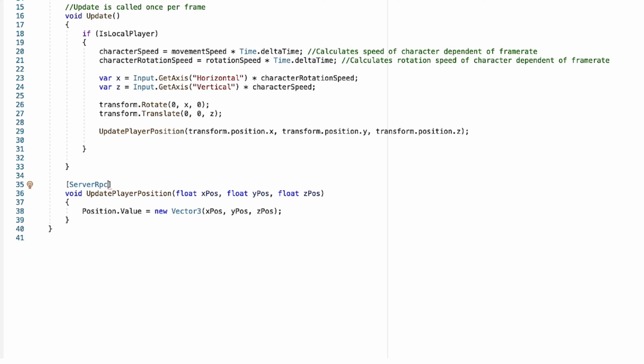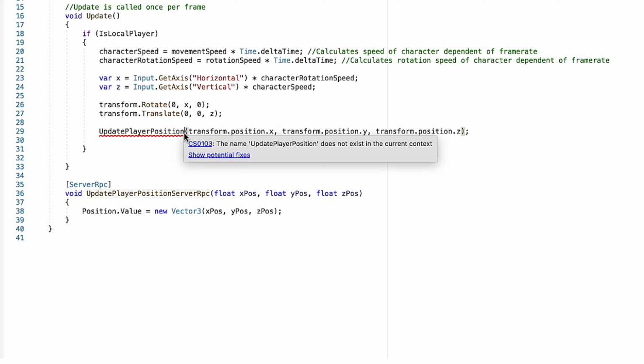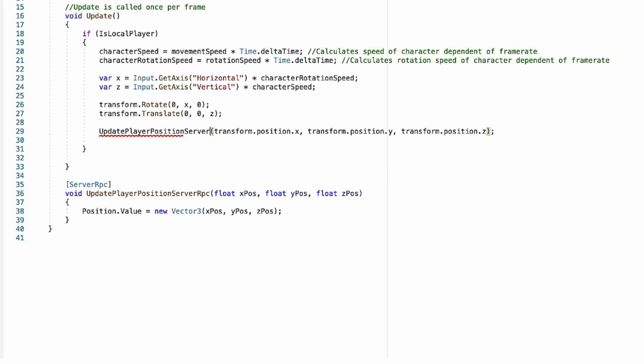One really important thing to note is that anytime you denote a particular method as a ServerRpc, you also need to change the function name to reflect that. So in our UpdatePlayerPosition function, I need to add ServerRpc at the end. If I don't do that and I try to run this code, I'll get an error saying my function is not designated correctly and I'll need to come back and fix this. So let's update it here as well. And now our function is good and ready to go.